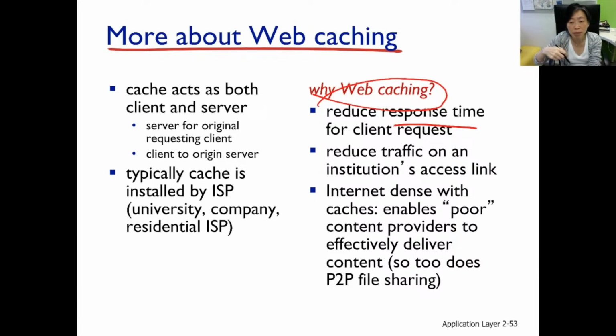That meant the time it takes to issue the request all the way to the server and bringing down the web object. The round-trip delay of the request and response messages. It also reduces traffic, saves a lot of bandwidth on the access link, and it's very cheap. Now, an extra benefit we didn't talk about is because we did not assume the uplink bandwidth of the servers being the bottleneck. If the server is poor, meaning having poor content providers out there, then,